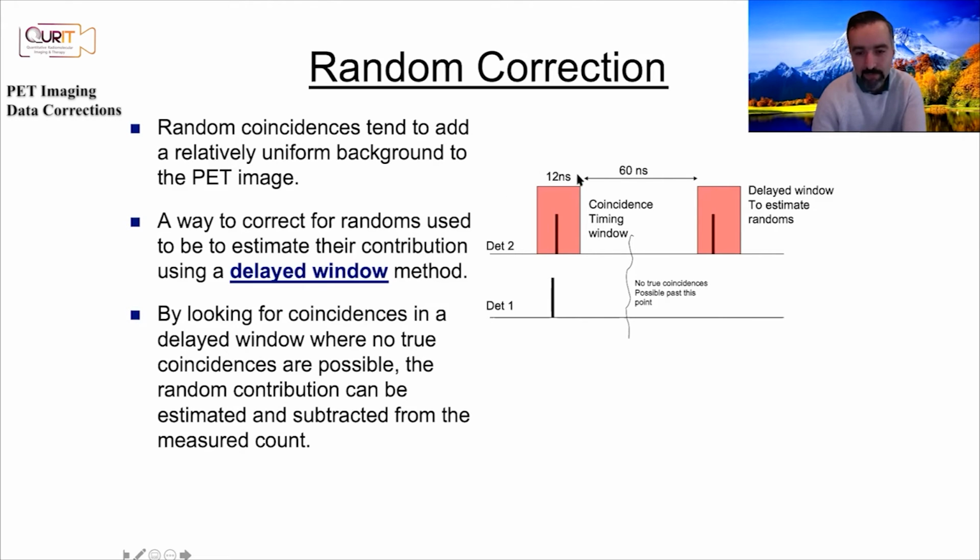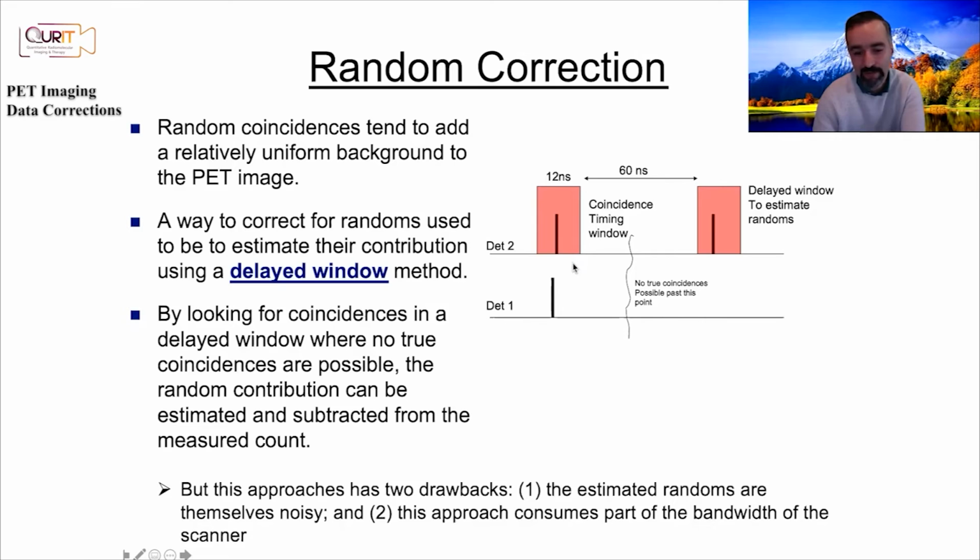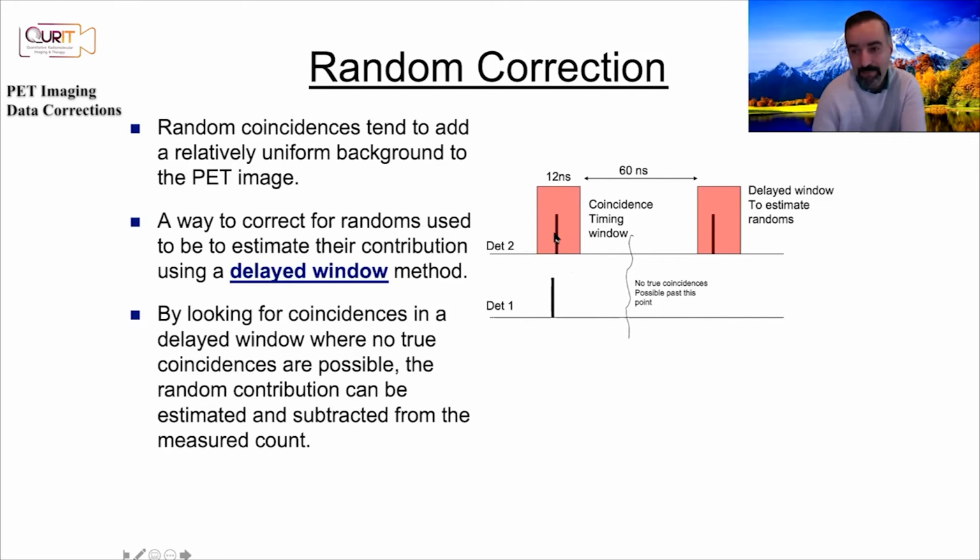If you have a timing window here, it says 12 nanoseconds. The numbers have gotten smaller and smaller, because things have become faster, the scintillators have gotten better, the electronics have gotten better. But let's just look at a certain time window. If these two events arrive within a certain time window of each other, we accept them. But what if you introduce this thing called a delayed window, where you say, I'm going to accept an event if